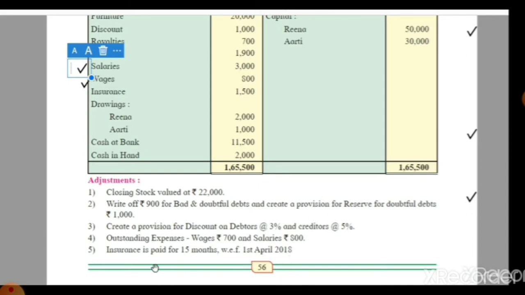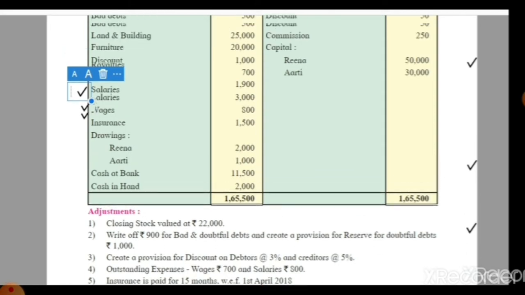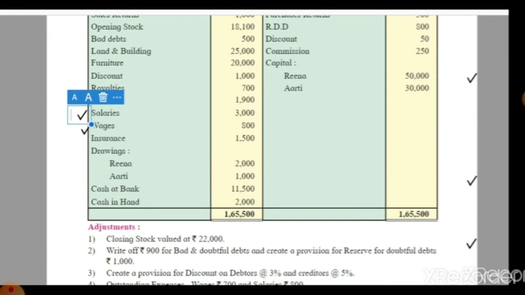It means that the insurance was paid from the 1st April 2018. We know that our current financial year has a total of 12 months, so the full current year's insurance has already been paid, but an additional 3 months of insurance was also paid. It means 3 months of insurance is prepaid insurance, so we deduct that prepaid insurance from the